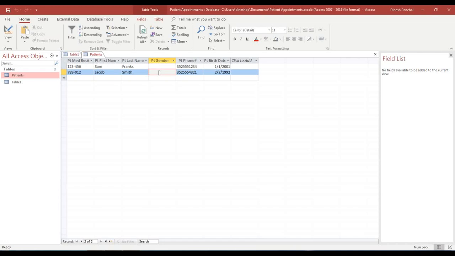Let's enter here gender as male for Sam and similarly male for Jacob. Now let's enter our third record. For that you can keep on clicking tab, it will take you to the next record. Our third record number is 555-555. The name is Jane. The last name is Williams. The gender is female. The phone number is 352, hyphen 555 hyphen 5555, and the date of birth as